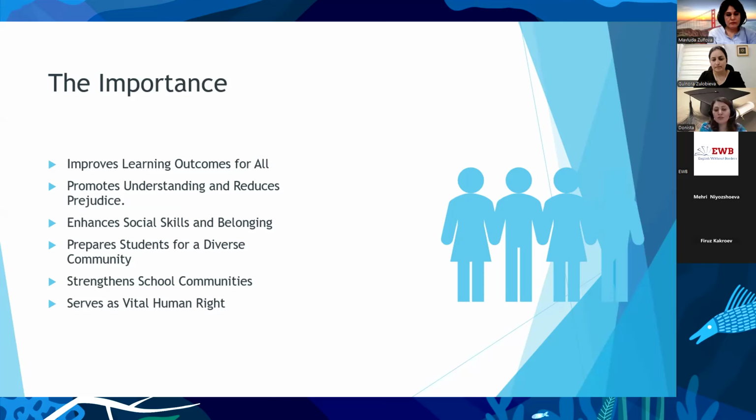And students are not going to remain in schools forever, but they are going to finish one day and face the reality of life. That's why inclusive education is a really good way and technique to prepare them for a diverse community,